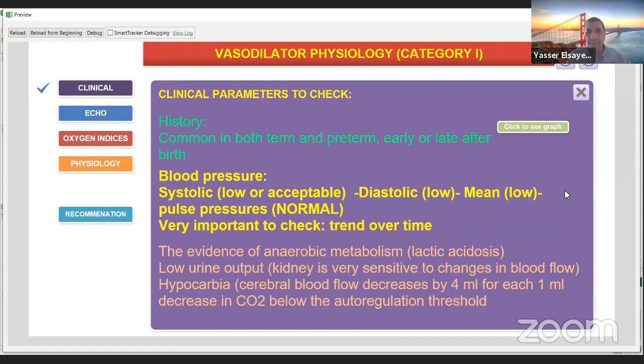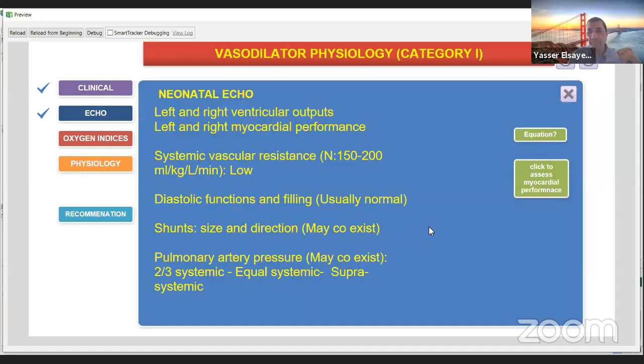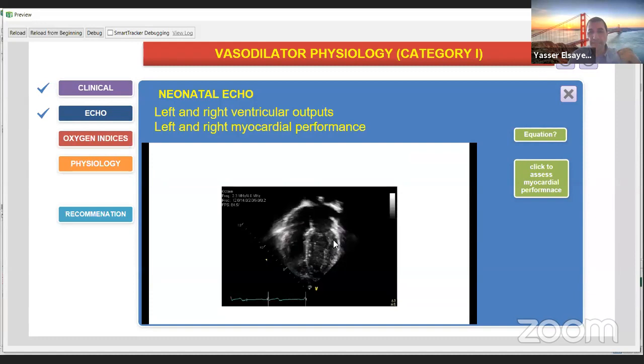Again, in this category, you have normal pulse pressure, which is the most important parameter to consider. And if there is evidence of anaerobic metabolism, if you have really decompensation, then you are actually late. So you have to detect the case by looking at the trend before development of lactic acidosis. As I mentioned, by echocardiography, if you look at the echo, you can realize that the heart is contracting normally,